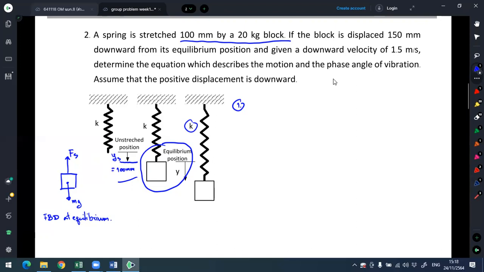Same as the building design, we may have to determine the spring constant of the building from the equilibrium position also. So then if we consider equilibrium position,